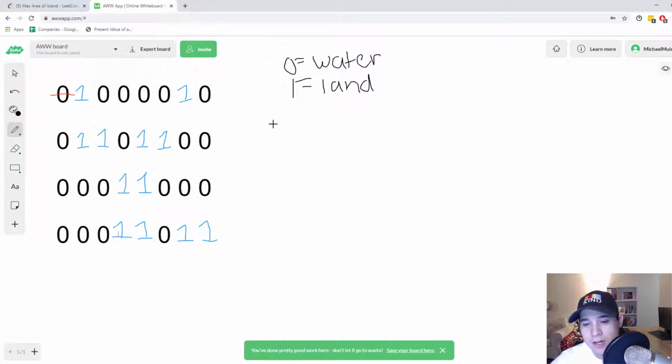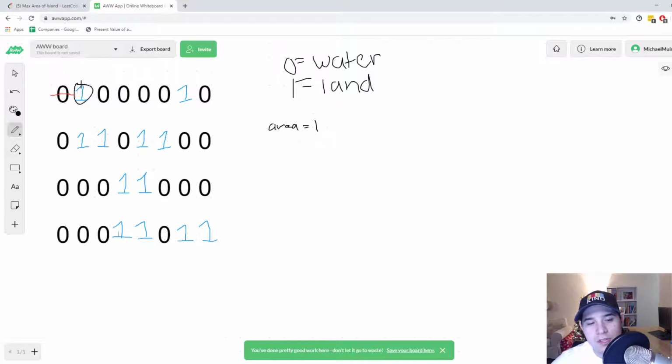So let's say area. That will be 1 because we have encountered a number 1. But now we need to find all number 1s that are connected horizontally or vertically from this number 1 that we have just encountered. So what we're going to do is we're going to check left, right, up, and down